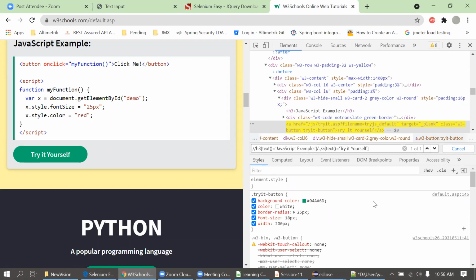Is it a good practice to use relative and absolute XPath in a single locator? No, this is basically not absolute. Absolute is when we put the single slash at the start. Now I'm using the double slash at the start, that means it's not absolute, it's relative.